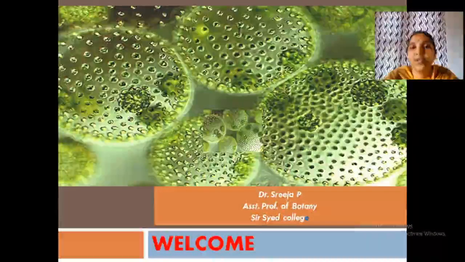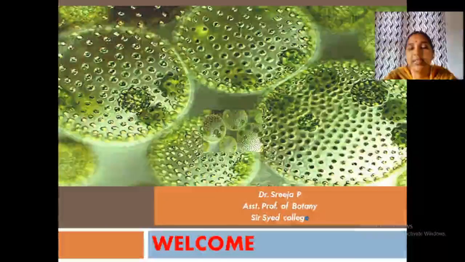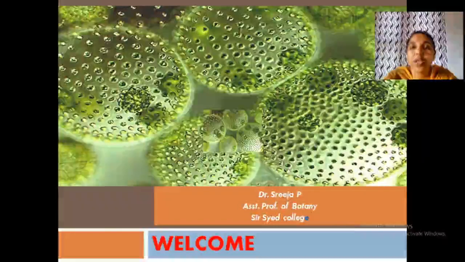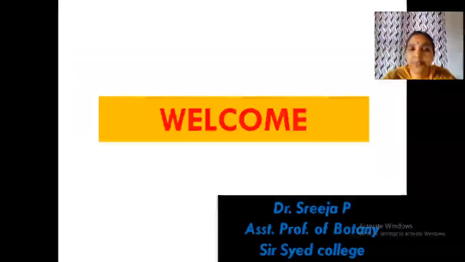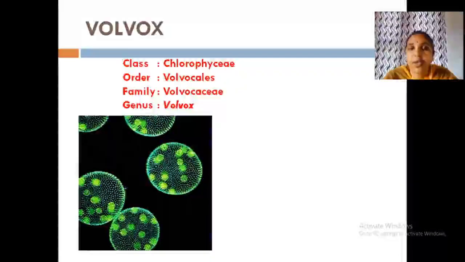In the last class, we discussed the first type coming under Chlorophyceae, that is Chlamydomonas. Now we are going to discuss the second type of green algae, that is Volvox. You know the structure of Chlamydomonas. It is a very simple unicellular motile algae. So now, somewhat the same structure, but a more complicated one, that is Volvox.